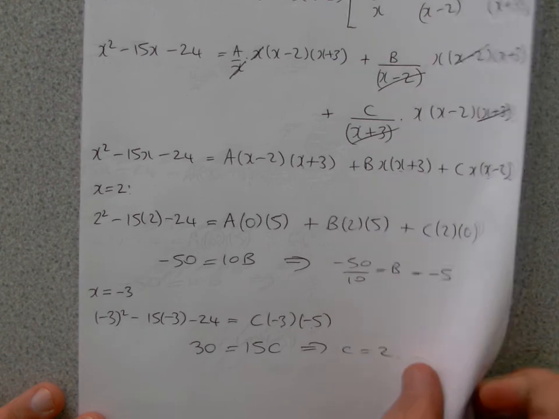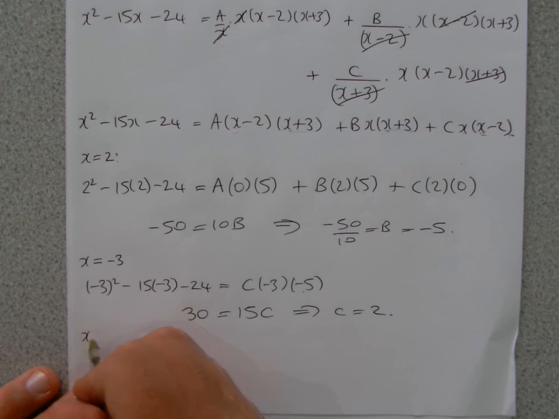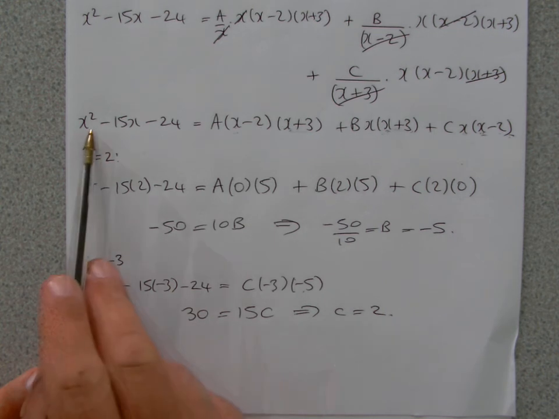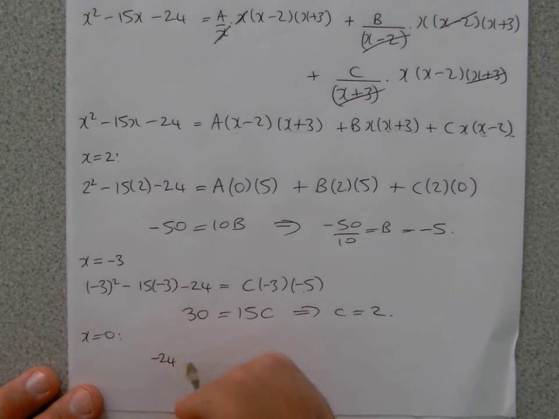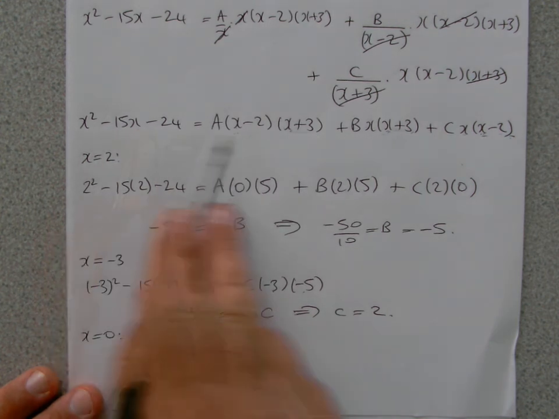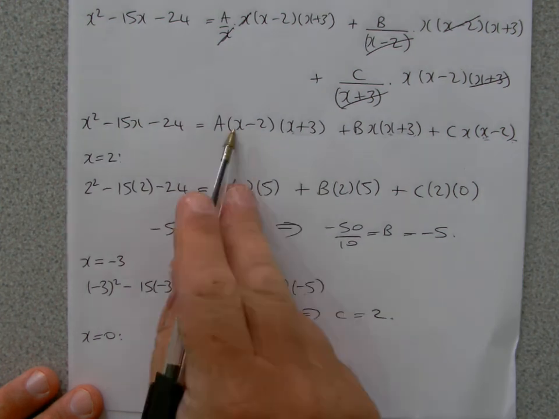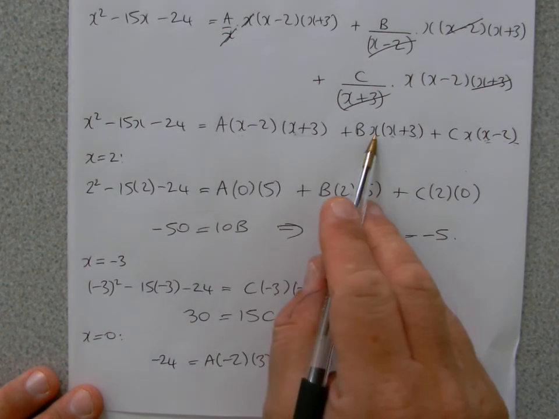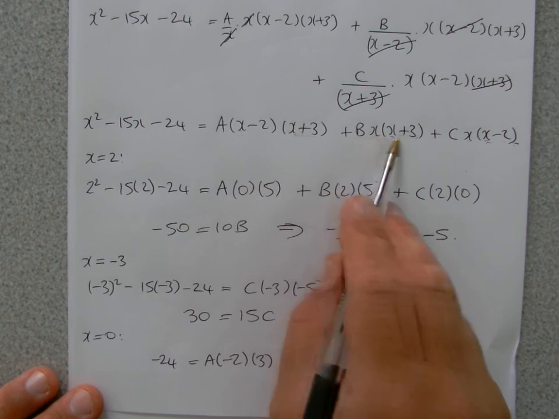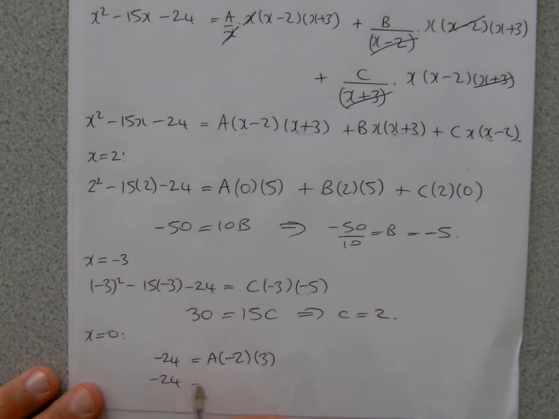Now what else can we set x to be? Well, you've just got x there, haven't you? So we can set x to be 0. That's the easiest one in fact. When I set x to be 0, that just becomes minus 24, because that disappears. Put 0 in here. Well, take our time here. 0 there, that becomes minus 2. 0 there, that becomes 3. 0 there, that will disappear. This is 0 multiplying this. 0 there, multiplying this, that will disappear. So you just have minus 24 equals